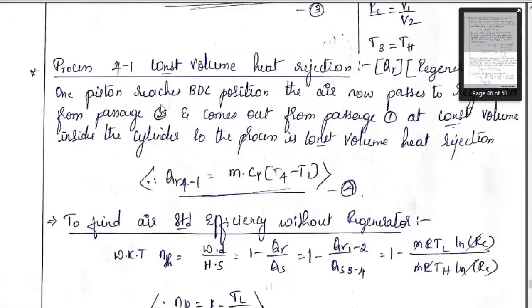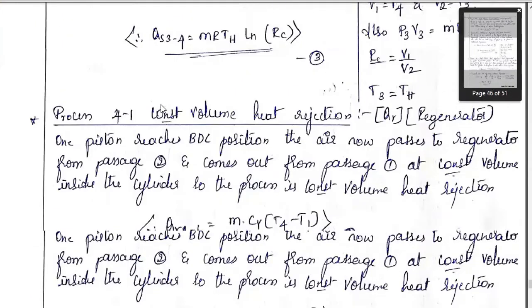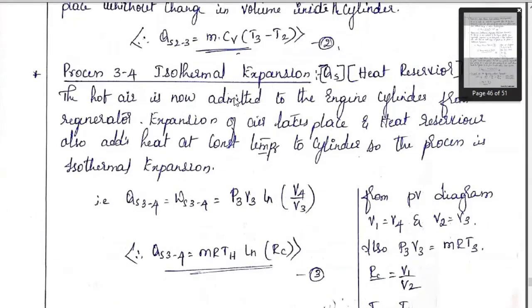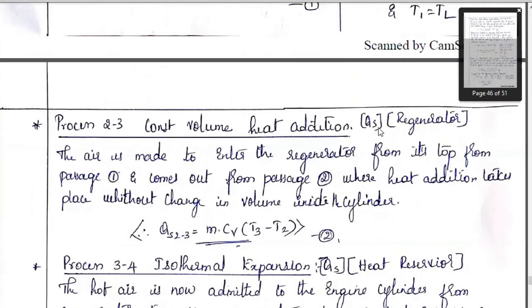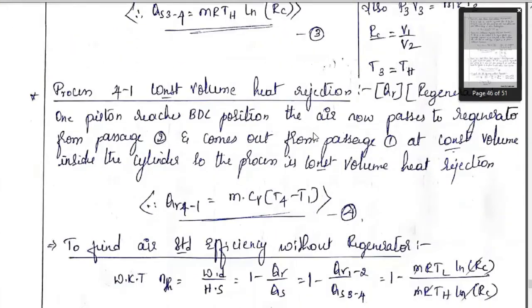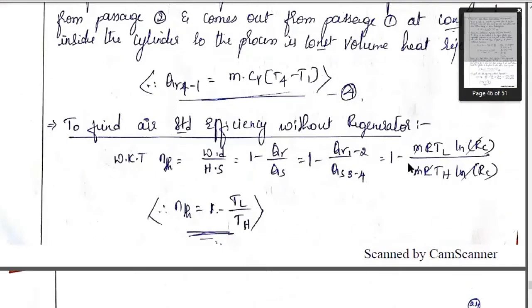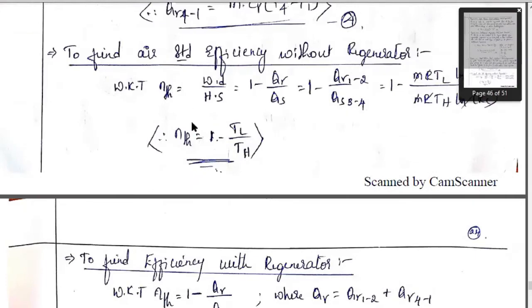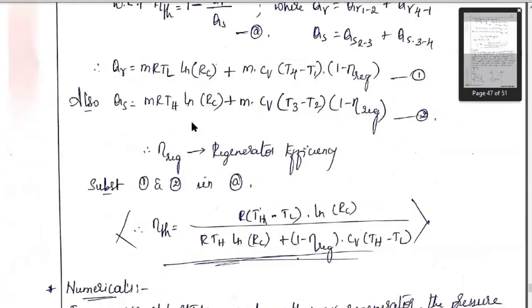Similarly, heat supply, where is the heat supply more? Observe, they have taken 3 to 4. 3 to 4 is what? The expansion process. Yes, heat supply during the expansion process is more compared to that at constant volume. That's why they have considered these two and neglected the other two, as they are negligible in amount. Substituting that in equation 4 and equation 2, we get 1 minus TL by TH. The Carnot cycle engine, Otto cycle engine, and this Stirling cycle engine have the same thermal efficiency formula, 1 minus TL by TH. So this is your thermal efficiency for the Stirling cycle.